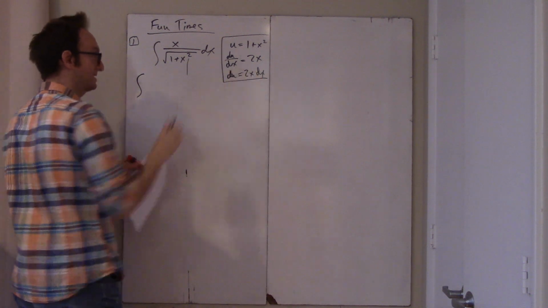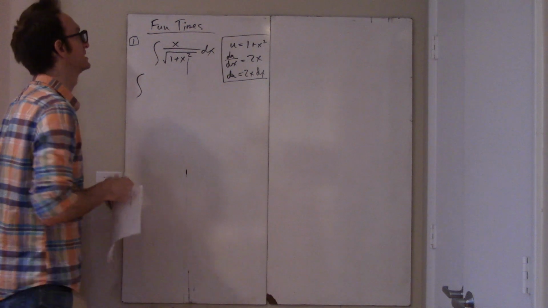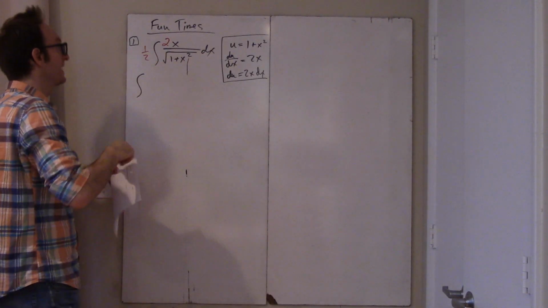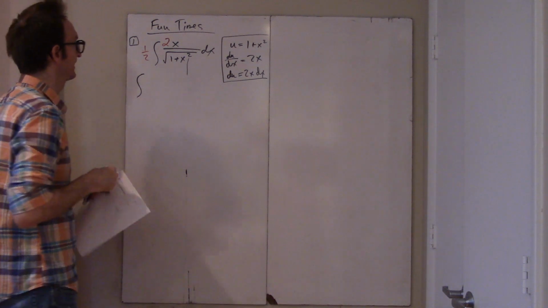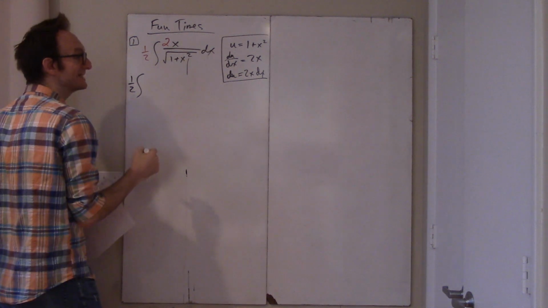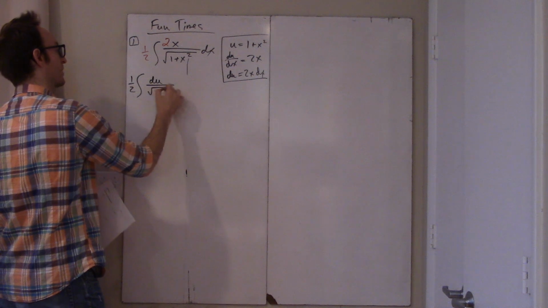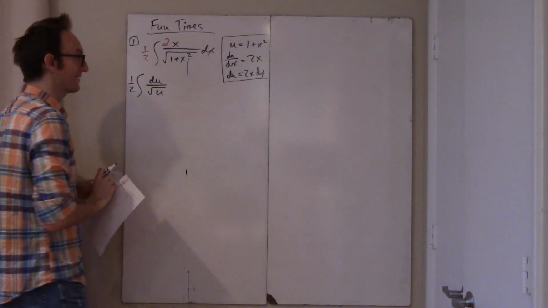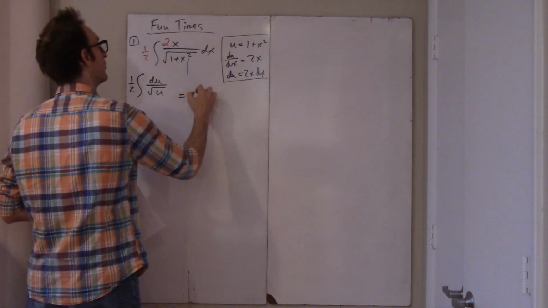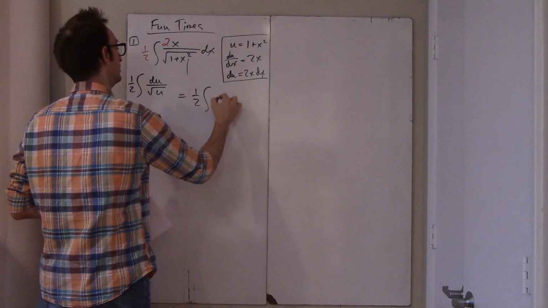du is 2x dx, but I don't have a 2x dx, I have just an x dx. So I'm going to stick in a 2 and undo the damage with a 1/2. And now things are looking a lot better, because this is 1/2. 2x dx is just du over, and this is just the square root of u. Okay, so after all that work, I have now determined that this is just 1/2 times the antiderivative of u to the